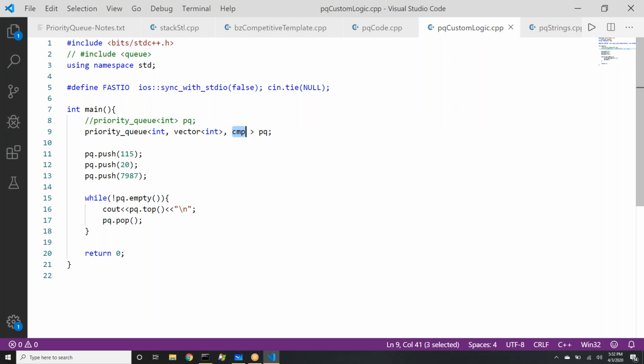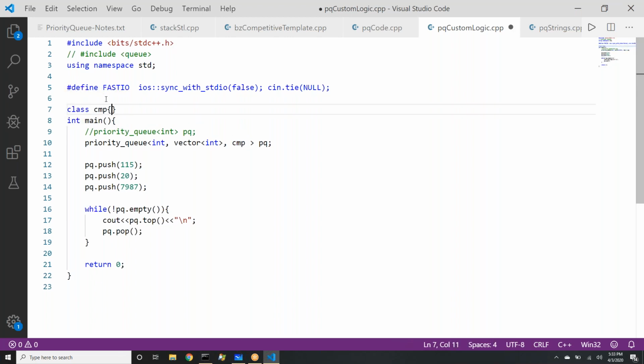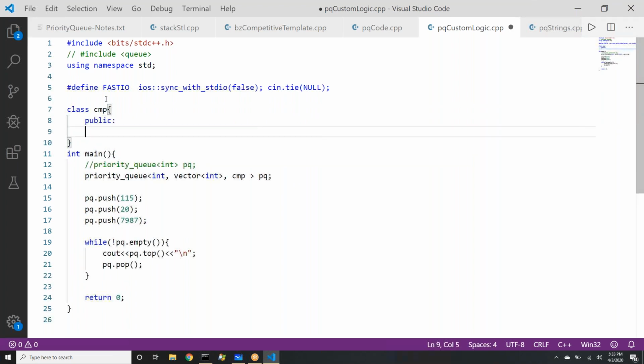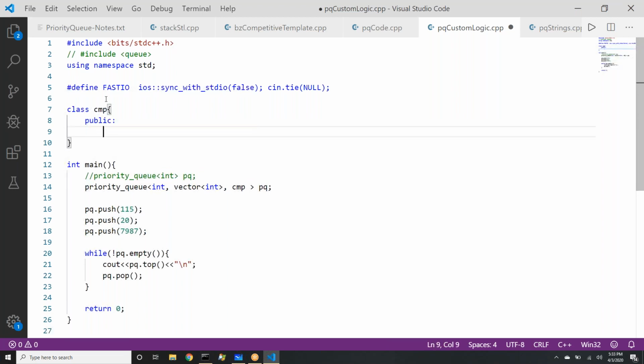So we are writing a comparator. This is a function name. Oh, sorry, this is a class name. So in Java, we will define a class CMP. This class should have a public function which actually overrides. So this is a little bit of CPP, but trust me, once you practice it 2-3 times, this syntax will start becoming clear to you. Many times I keep forgetting the syntax, and I keep referring back to the documentation to see how we should write it. I always keep forgetting whether the function return type is bool or it is int. So for now, let me go with int. It is an operator. Even I'll have to look for the syntax.